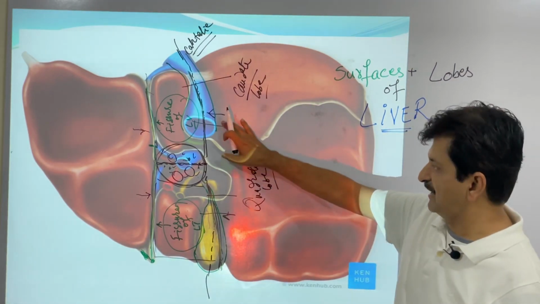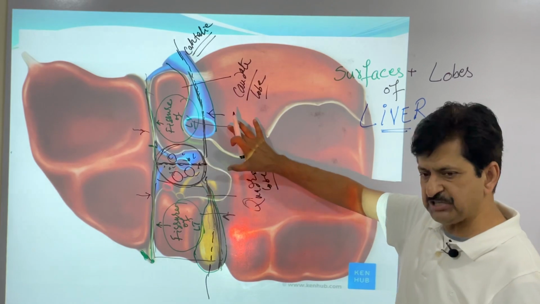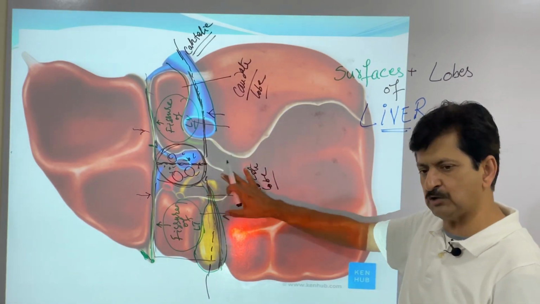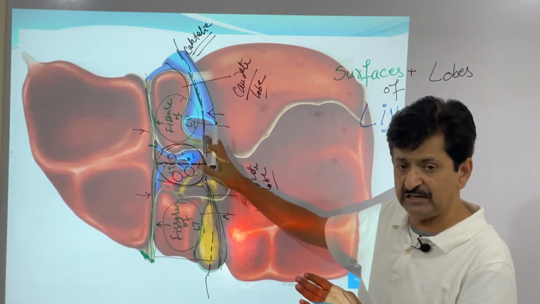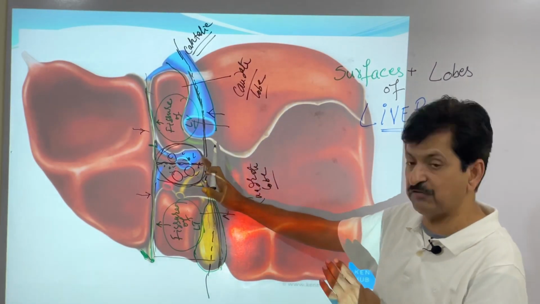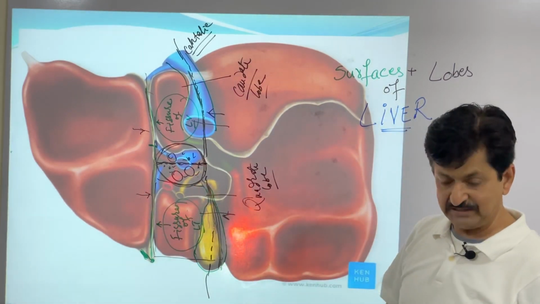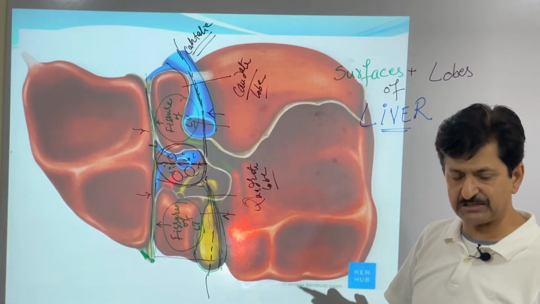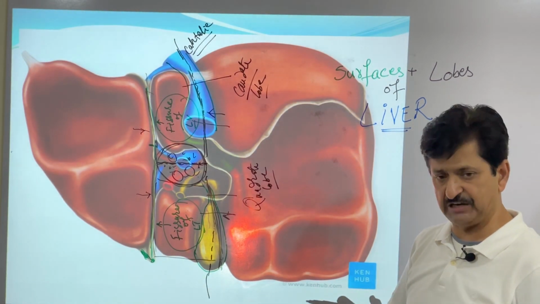So quadrate, quadrangular, caudate, tail-like. These two pieces are these two lobes. In fact, they belong to the right lobe of the liver surely, but they are important functionally in a way that they will in fact have to do something with the left lobe. We will tell you that this is what we call the functional divisions of the liver. Here we have the different segments and the functional divisions also.